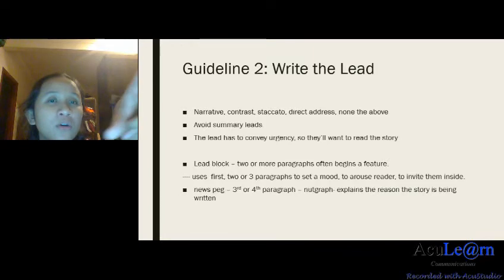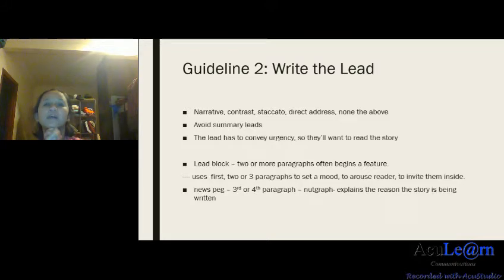Okay, so we'll go through together on how to write the lead. There are various types of lead, which are narrative, contrast, staccato, direct address, or you don't have to write all those. You can cook up your own lead. Okay, so I'll give extra notes on this. So you want to avoid summary leads in feature news because it's too direct, so you want to elaborate. Okay, the lead has to convey urgency, so they want to read the story, but you have to elaborate it